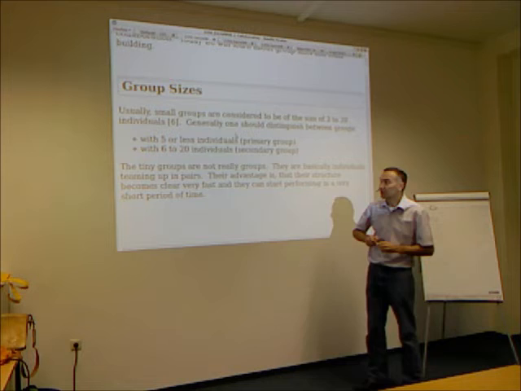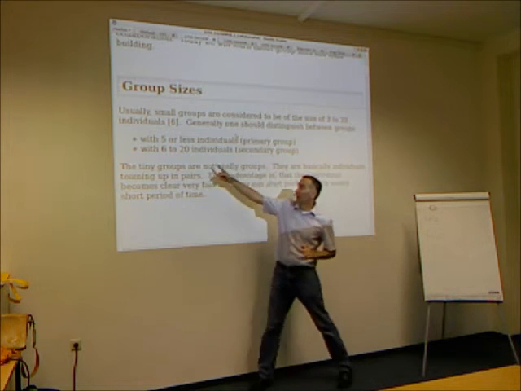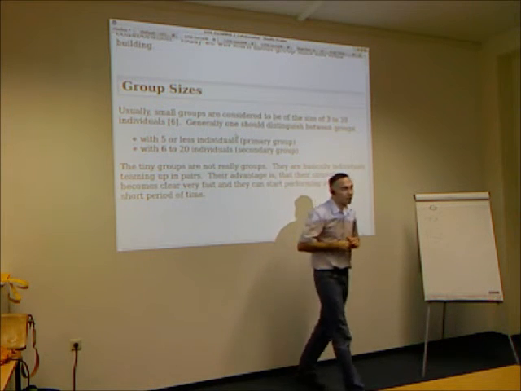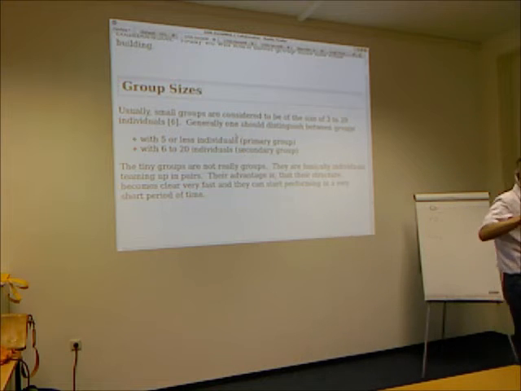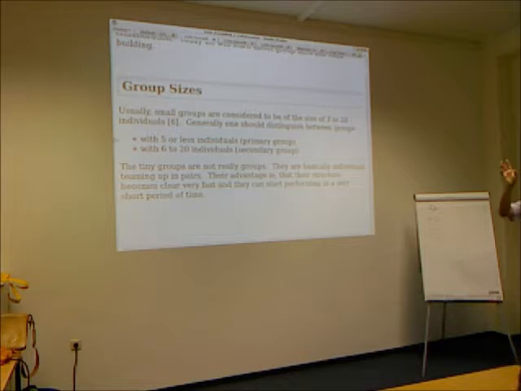And what we have here is called secondary groups, and that's from 6 to 20 individuals. If you have groups of that size, so 7 or 8, a whole different set of group dynamics starts. And we'll learn about a little of that in just a moment. If you have groups larger than 20, then we're off somewhere completely different, and we don't want to know about these larger groups. Now you get these mass phenomena and other kinds of things.